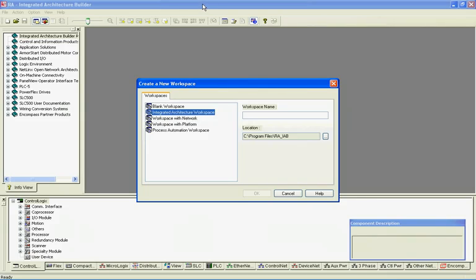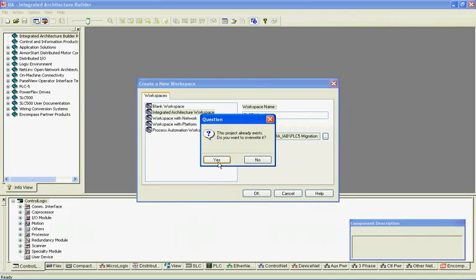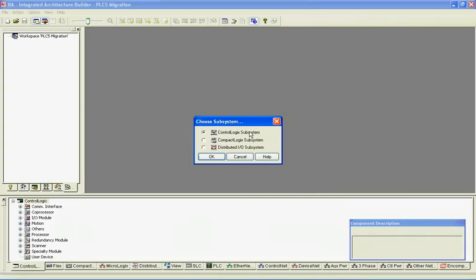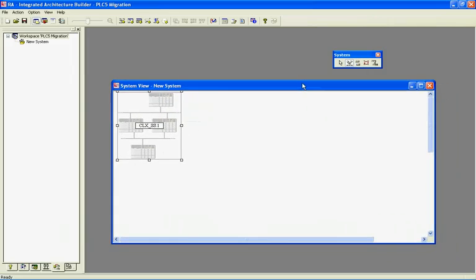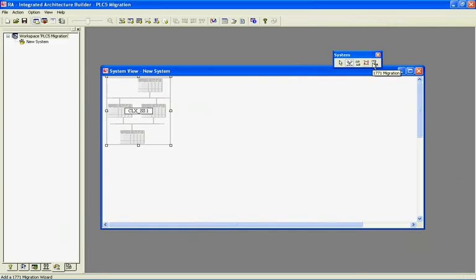So I've opened up Integrated Architecture Builder. I'm going to select an Integrated Architecture workspace, and I'm just going to call this PLC5 Migration. Click OK. I'm going to leave it defaulted to the ControlLogix subsystem, and when the ControlLogix wizard comes up, I'm just going to cancel out of it. So I've got my system view window open, and you'll notice that there's a 1771 to 1756 migration